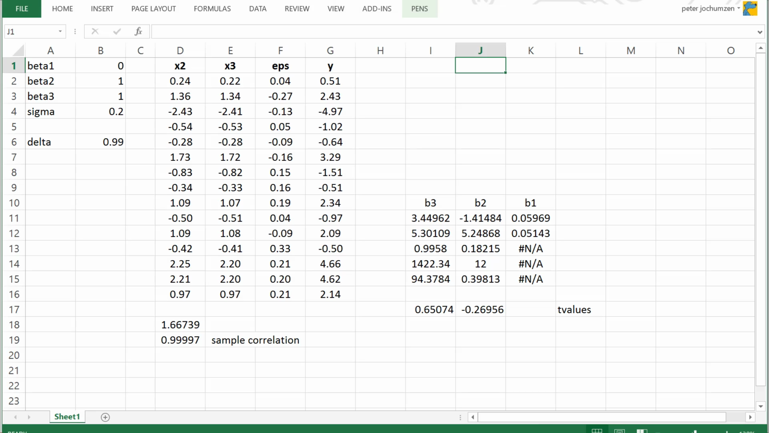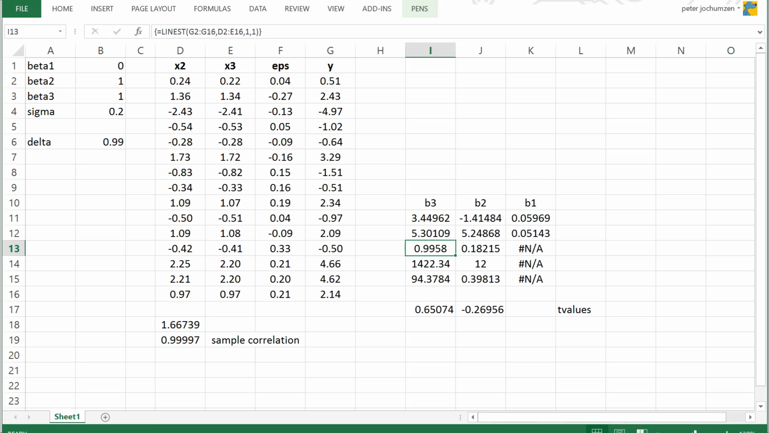You can see that pretty clearly in this simulation study. On their own, they're highly insignificant. The t-values are not significant. But if you look at the R square, it's 99.6%. So together they do an excellent job. But since we don't know which one is doing the excellent job because they're so collinear, they will be insignificant